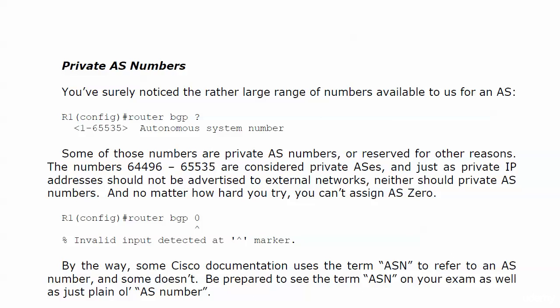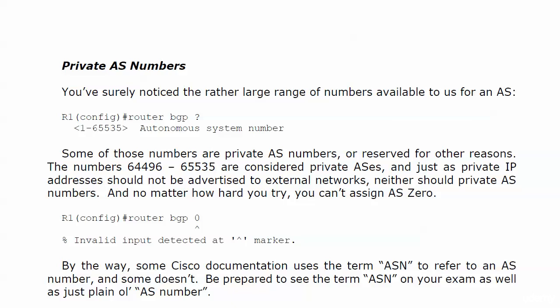to external networks. Just as you shouldn't advertise private IP addresses. They are the equivalent in BGP. No matter how hard you try, you can't assign AS 0. And I even tried, even though I knew better, but router BGP 0, as you see on the board, was